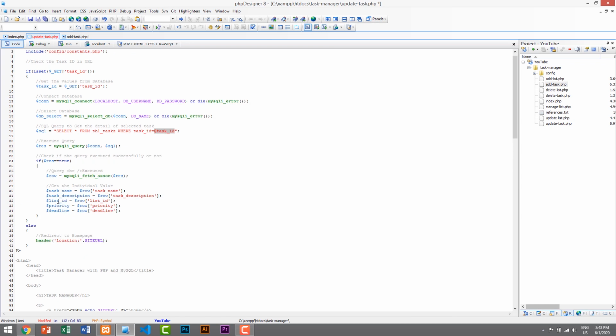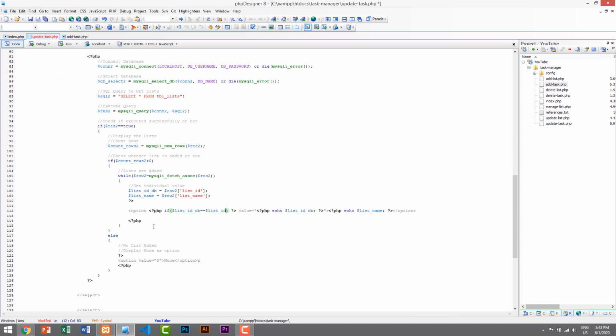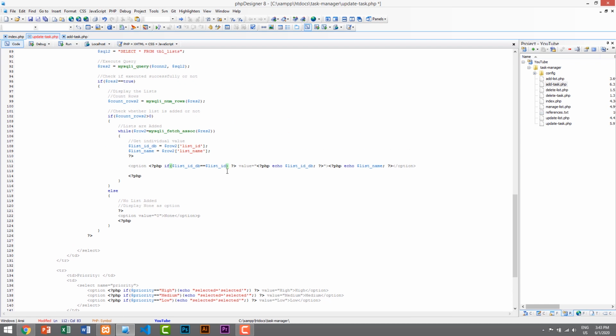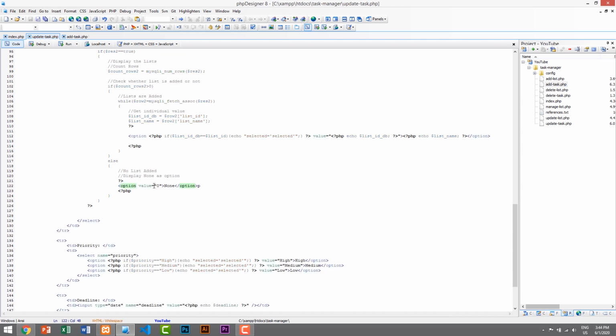So we are comparing this list ID and this list ID, and if they are the same, then we will echo selected equals selected. So that's it, and after the double quote we need to end with a semicolon. Let's save it by pressing Ctrl and S,